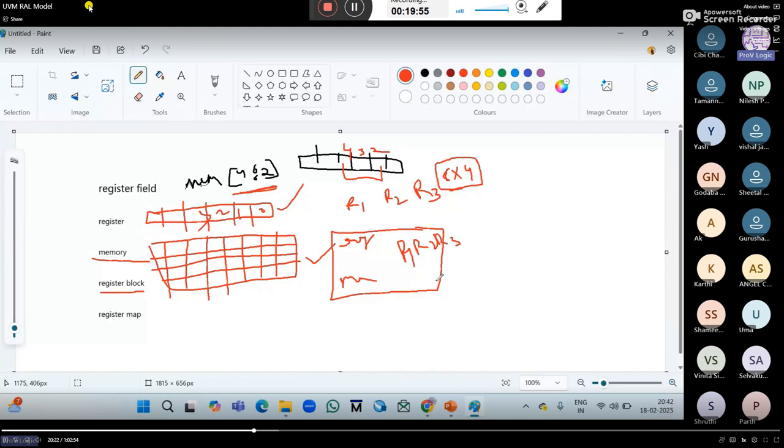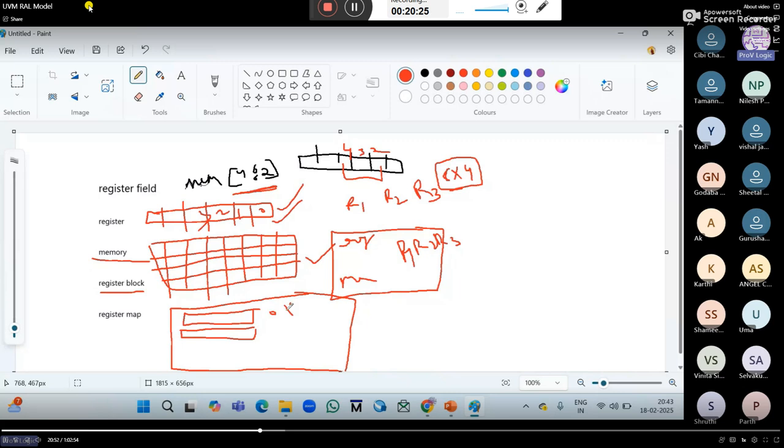And coming to the register map, what will be there in the register map? It consists of the logical offset address of all the registers and memory, along with the pointer of sequencer and adapter. That is what the register map is. Register map means it will have offset addresses. What is the offset address? Suppose this is one field, and we have two fields: field 1, field 2, register 1, register 2. This one will have one offset address, suppose 0x00. The second one has some offset address based on how much incrementing you are considering.